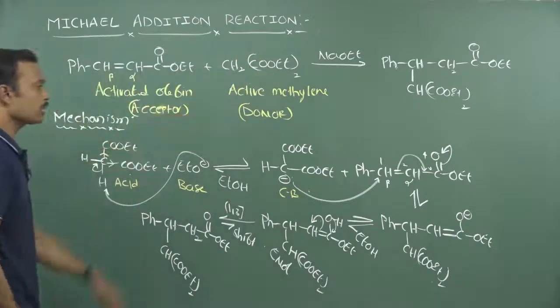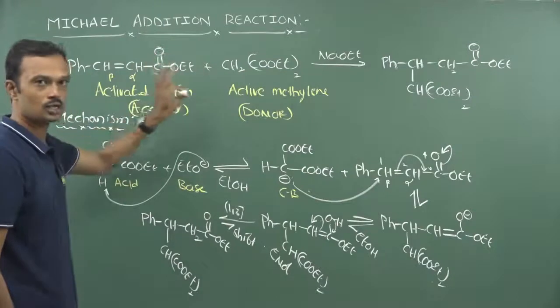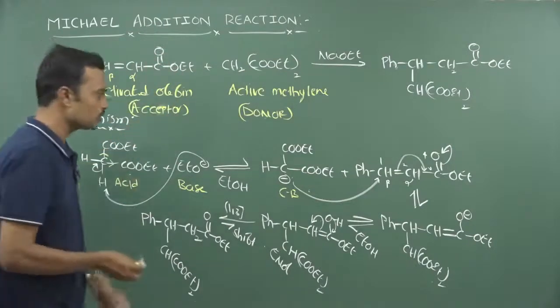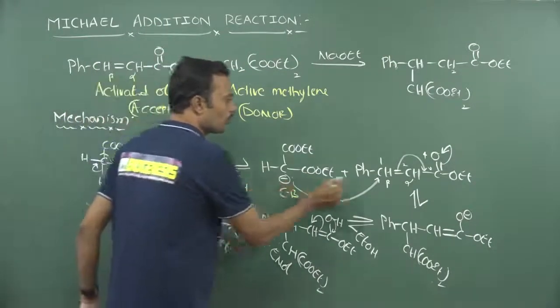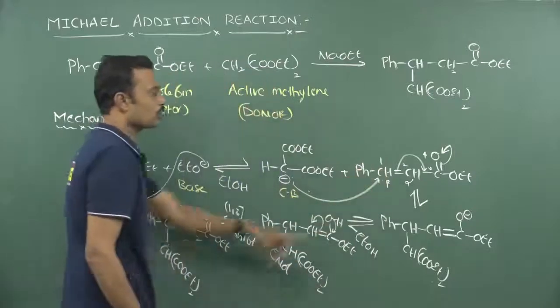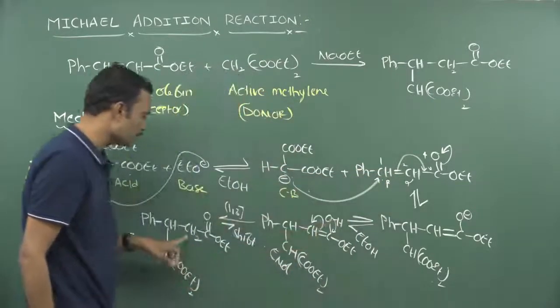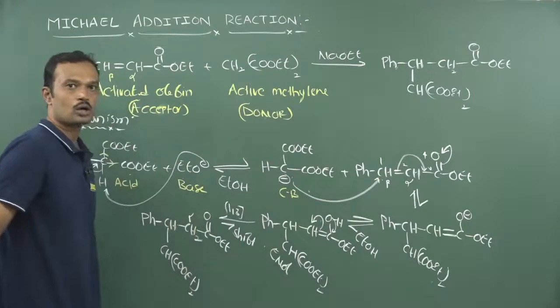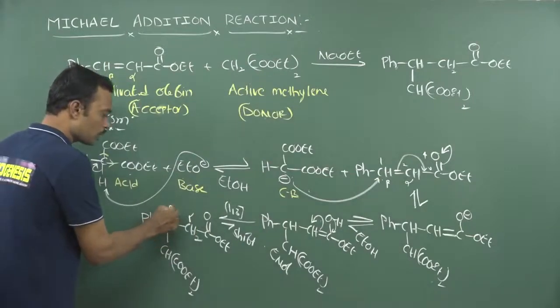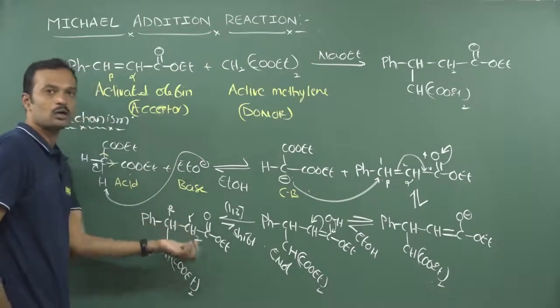So this is the mechanism involved in the Michael addition reaction. Every time, whenever a conjugate partner is present, after losing a proton the negative ion will be added on the beta carbon. Finally that conjugation is completely lifted and hydrogen will be added on the alpha carbon. So your conjugate base tries to add on the beta carbon whose proton will be added on the alpha carbon.